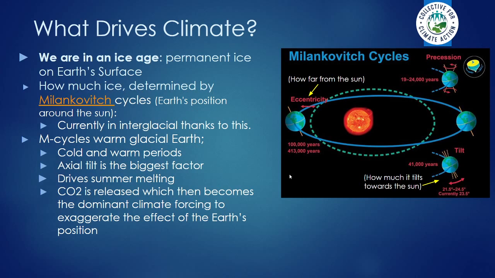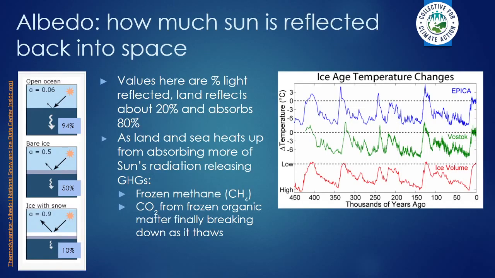What Milankovitch cycles do is they kick off warming and they start the melting of ice, which enhances the release of greenhouse gases. The way that happens is it changes the albedo of the Earth's surface. So the ice melts on land and over sea, and then there's a difference in the reflectivity of the Earth's surface. Open ocean, when it's got no ice or anything on it, soaks up 94% of the sun's energy. Bare ice on top of ocean soaks up 50, and ice with snow only soaks up 10, and bare land soaks up 80% of the sun's energy.